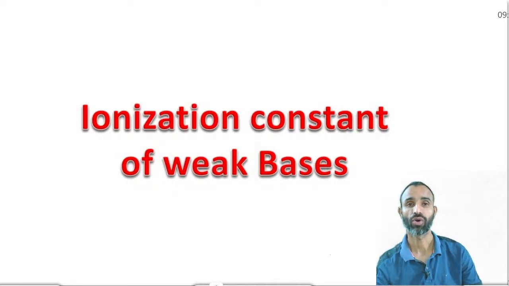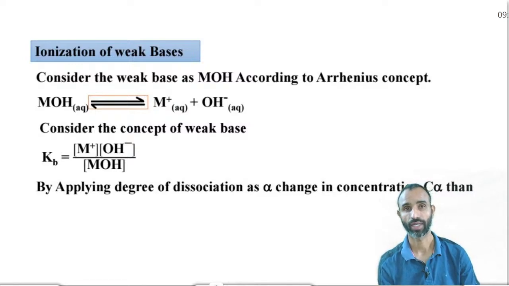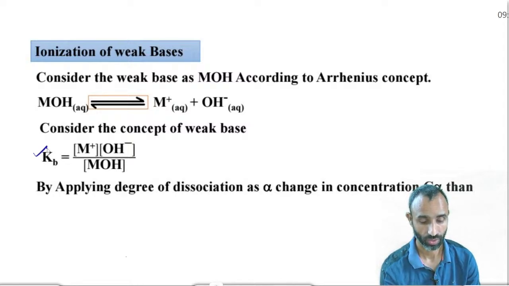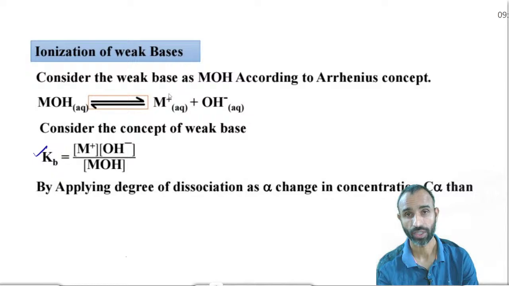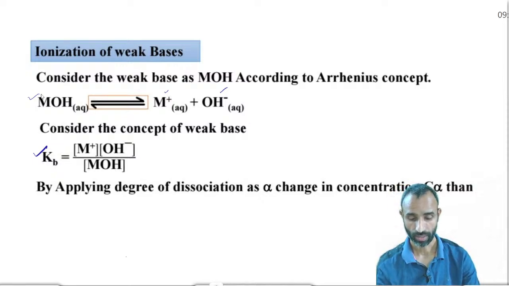Okay, ionization constant of a weak base. A weak base like MOH will give OH negative and M plus, and if you calculate its Kb, that is the dissociation constant of the weak base, it is the concentration of M plus times the concentration of OH negative divided by the concentration of MOH. And if alpha is the degree of dissociation, then the change in concentration is C alpha,